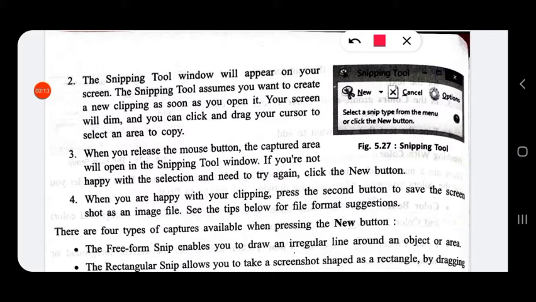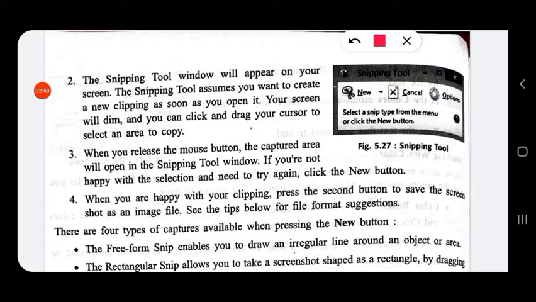So when you open it, it will cover the whole screen, and from the whole screen you have to select which area you want to crop out. When you open it, the whole screen will be dim, and you can click and drag your cursor to select the area to copy.